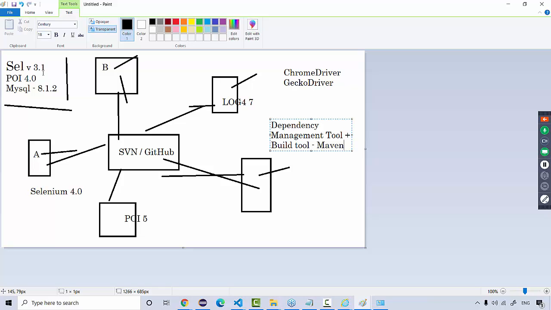And how will this happen? It's a very simple process. No coding involved, so don't worry, we are not going to write any code. It's a very simple configuration process. What you need to do is,